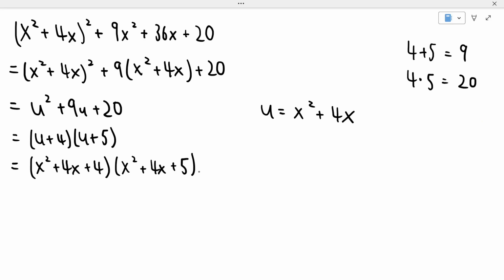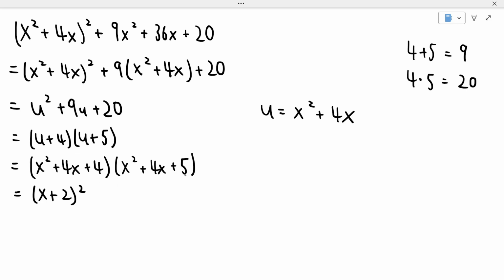So we can actually factor this further because x squared plus 4x plus 4 is a perfect square, because if we let a equals x and b equals 2, then a squared plus 2ab plus b squared is just equal to x squared plus 4x plus 4. So we can rewrite this as (x plus 2) all squared, and x squared plus 4x plus 5 can't be